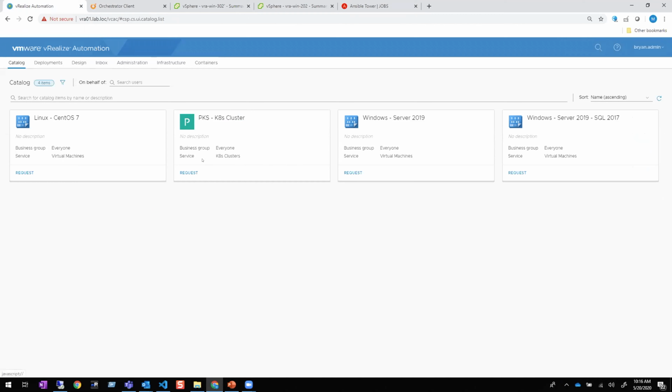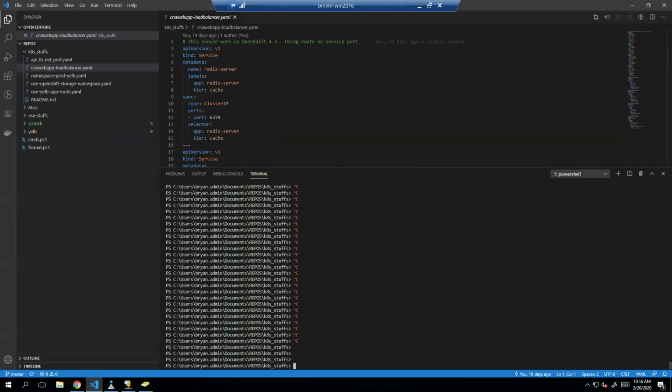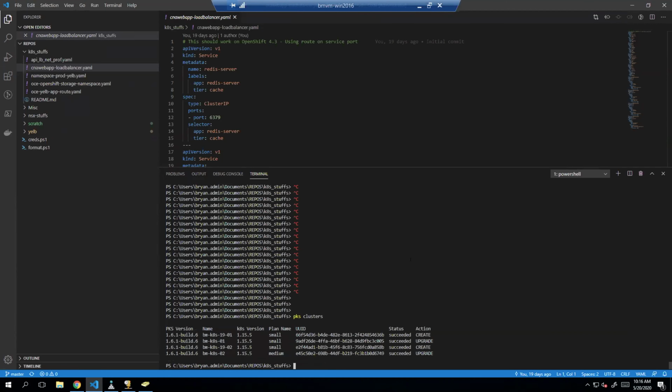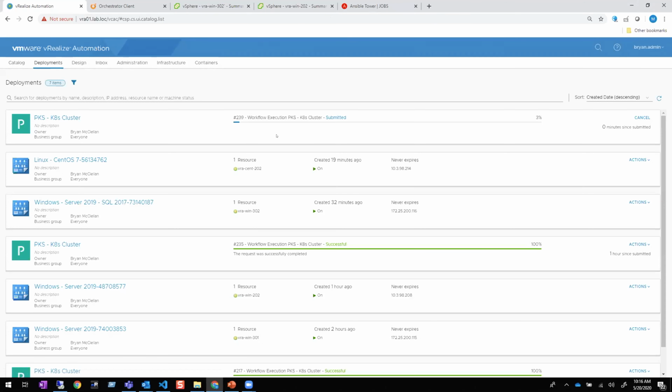So this is a PKS cluster. In this case, this is Pivotal Kubernetes, or TKGI as they're saying now. So we'll request a small cluster here. I believe I've got this up, so we can go to PKS clusters, make sure we get a cluster. We got a few clusters, so I just want to make sure I'm not conflicting with a name here. We'll call it the 2001 demo. Okay, so here's a request to